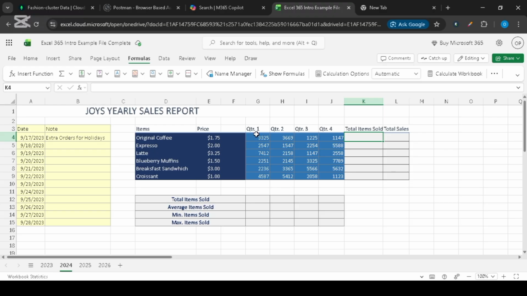Now this spreadsheet has sales that are grouped into 4 different quarters, with the first quarter being all the items that were sold in the first 3 months, the second quarter being from 3 to 6 months, the third quarter from 6 to 9 months, and then the last quarter from 9 to 12 months, which is up to